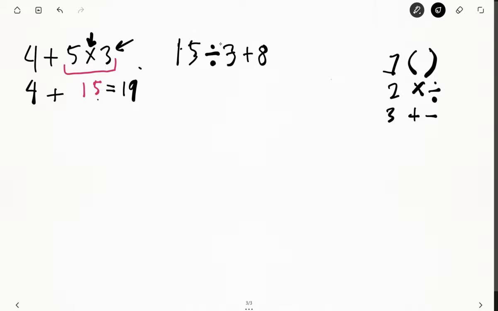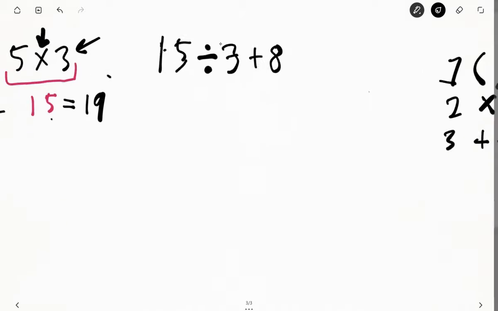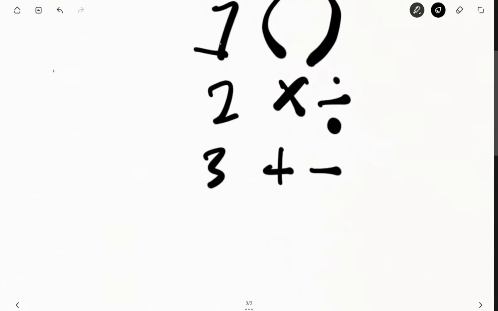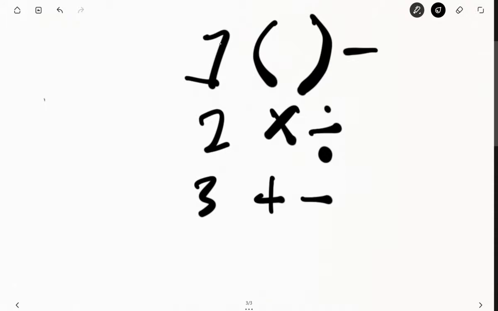plus 8. Okay, so let's look at this problem. 15 divided by 3 plus 8. Order of operations tells us which one of those two things we have to do first. So let's remember, what is the first thing we do with order of operations? Parentheses. Second, we do more complicated stuff and then less complicated stuff. So in this problem, what's easier, division or addition? Division is more complicated, so we got to do that first. And if we check on our little order, it's correct. First is parentheses, second multiplication and division, third addition and subtraction. So for our problem,